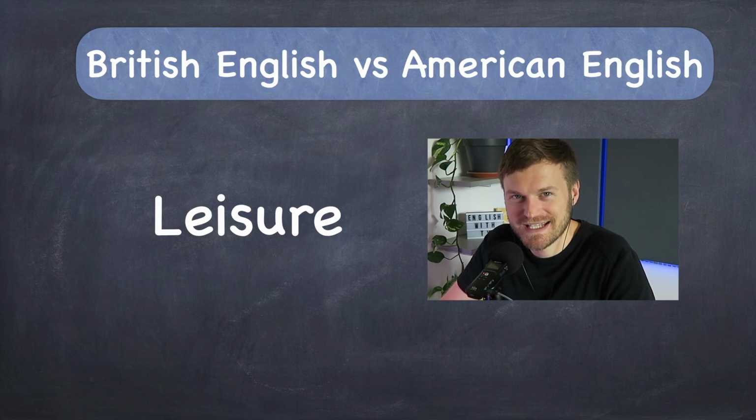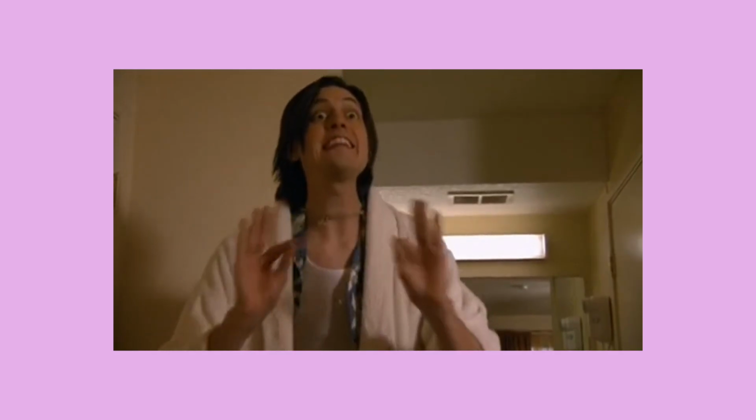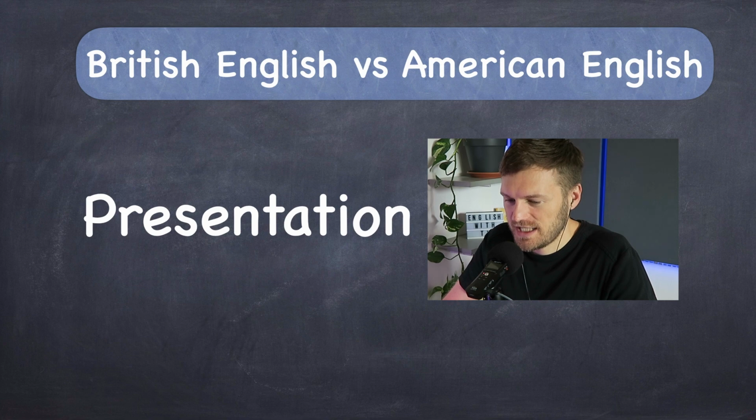Here's an example for you of the British English pronunciation. A creature of leisure. Here's an example for you of the American English pronunciation. Power and leisure. The next word is spelled